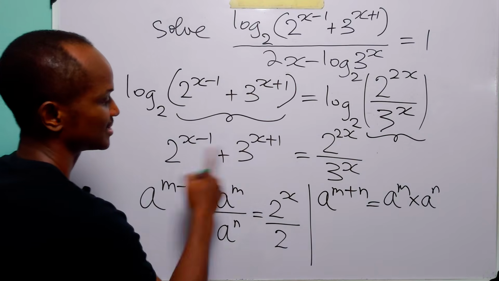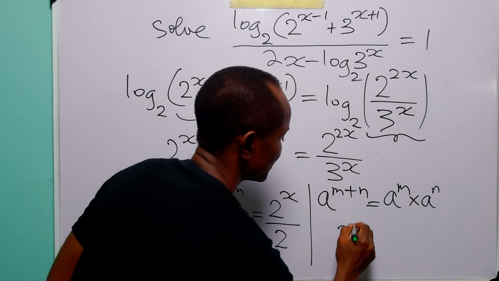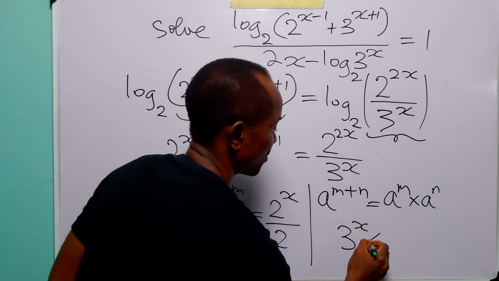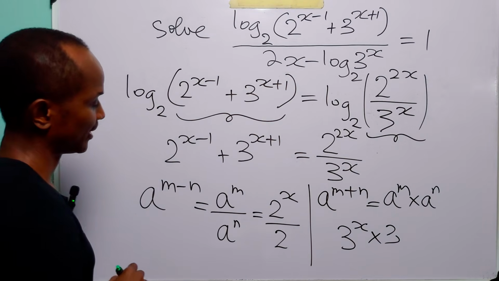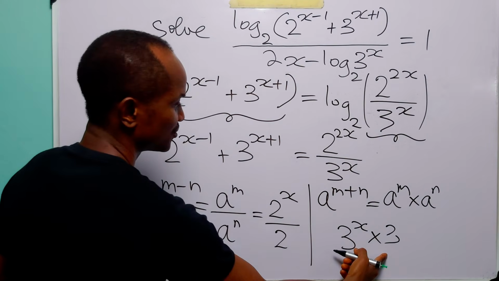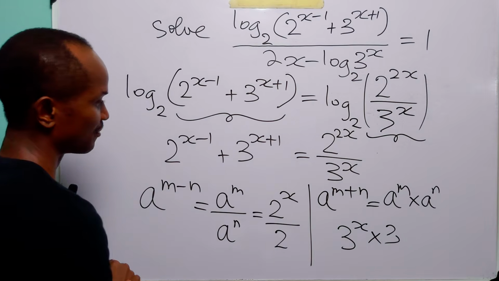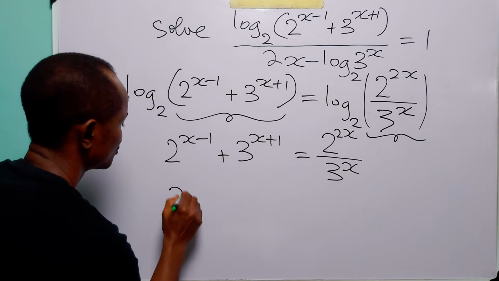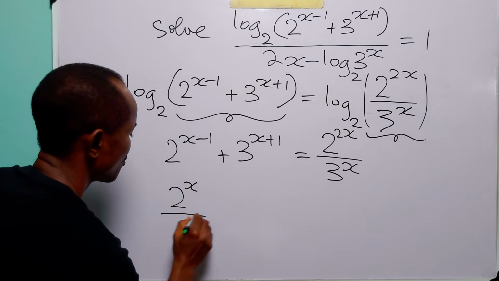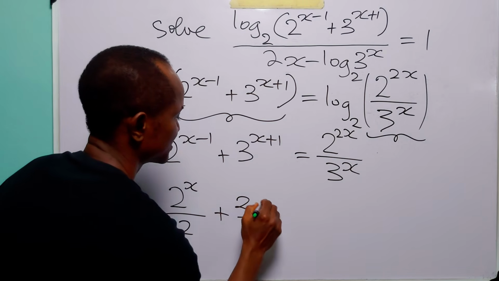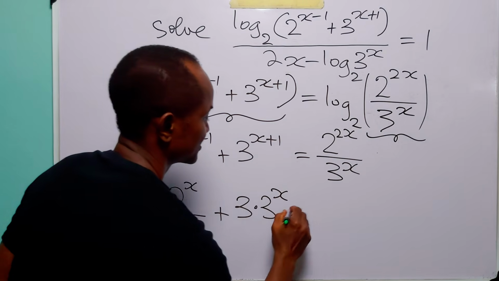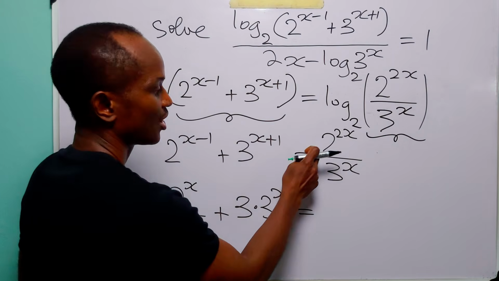So this is going to be equal to 3 to the power x multiplied by 3 to the power 1, which is equal to 3. And now with these two, this equation becomes 2 to the power x over 2 plus 3 times 3 to the power x is equal to,